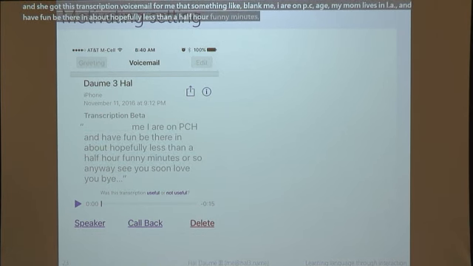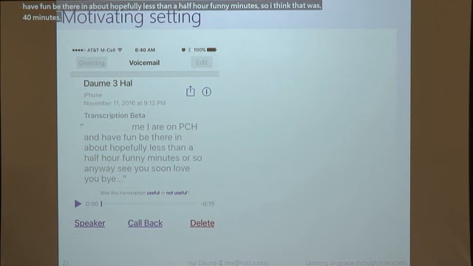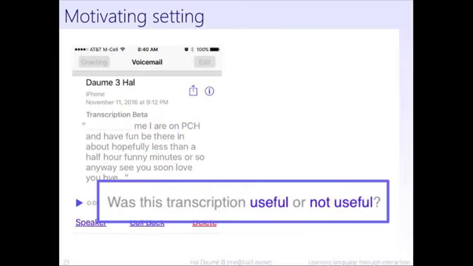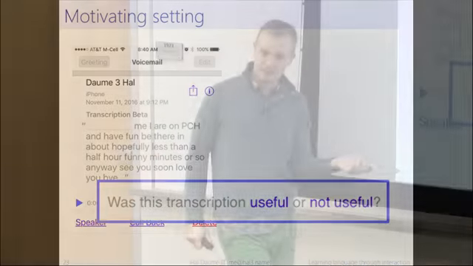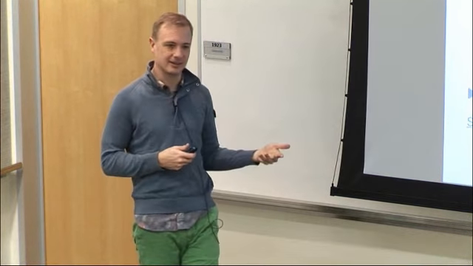I think that was 40 minutes or so. Anyway, see you soon, love you, bye. And then she has this option to say whether it's useful or not, which is like a thumbs up, thumbs down. Or if you use Facebook, Facebook will translate posts, and then you can often rate them from 1 star to 5 star. So this is some sort of explicit signal, and this is the thing that we're trying to optimize.